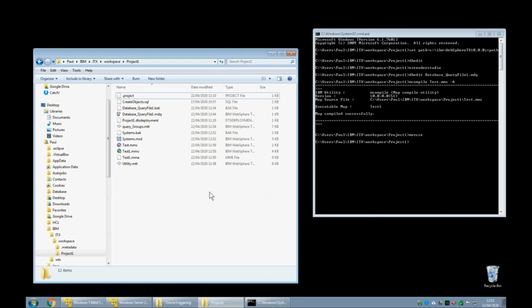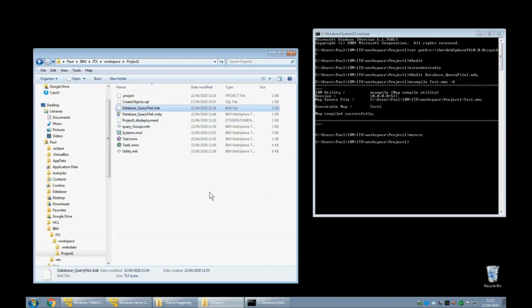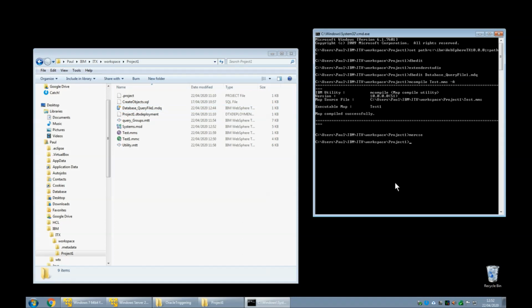Okay, a little bit of housekeeping again. Because I rebuilt the map, an MME file has appeared, which I shall get rid of. A .back file is there, which I shall get rid of, and another .back file there, which again I don't need. So the system is ready to start, so I'm going to fire up a monitoring window first,